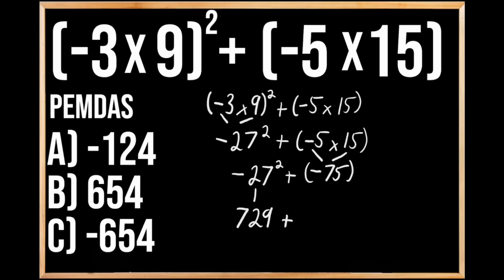So we have plus -75. And since we don't have any more exponents to deal with here, we're going to move on to our next priority of adding, because we don't have any multiplication or division here. And when we're adding a negative onto a positive, that means we're going to be decreasing in value. So when we add -75 onto 729, we get 654. So our answer is B,